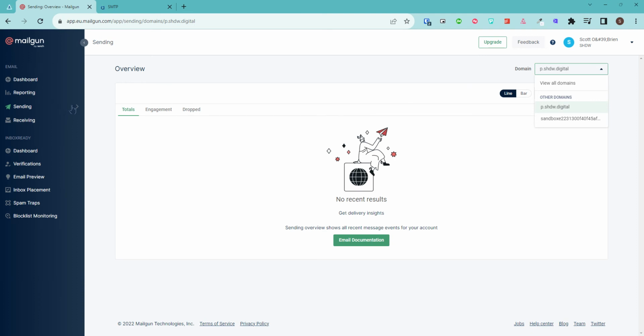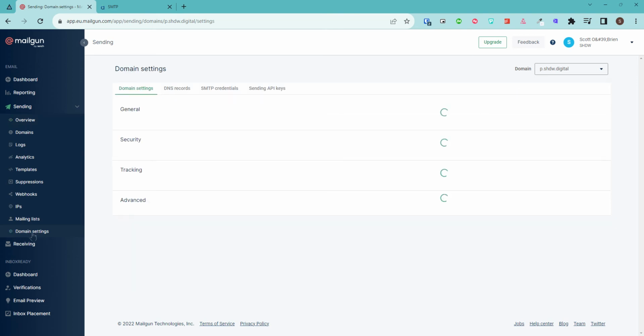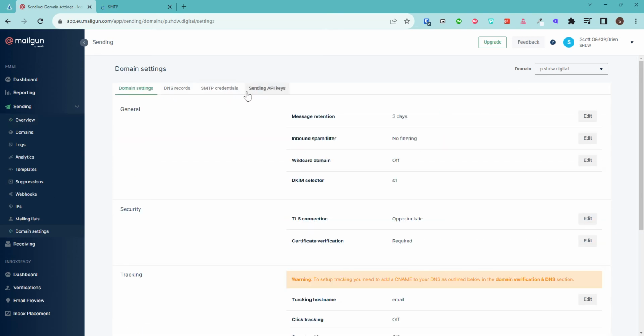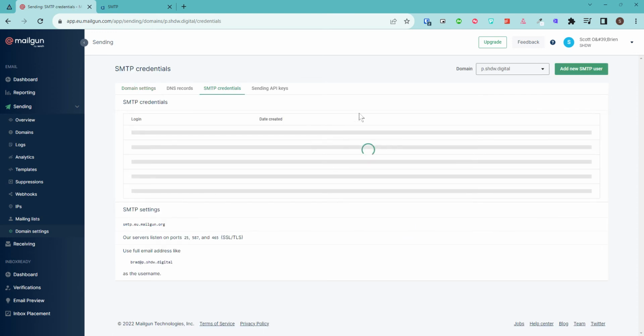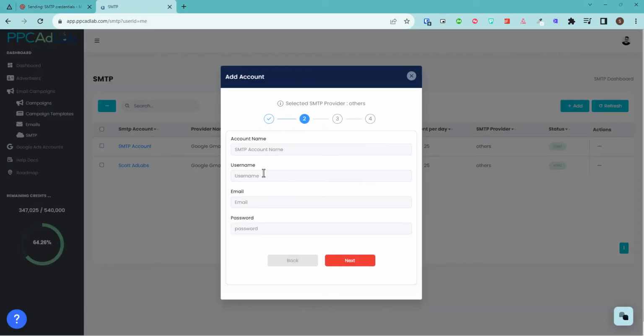So to find the details for me, I just need to come to this sending button, and then I come down to domain settings. And then within domain settings, I've got my SMTP credentials. And then within here, I've got the details I need, that all I need to do is copy and paste these across into PPC Ad Lab. So if I collect these up,